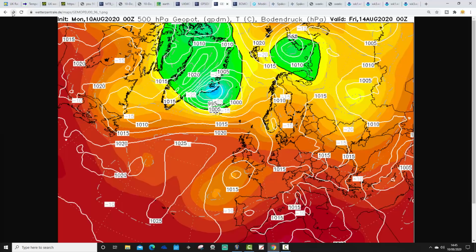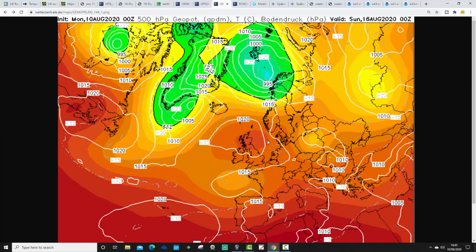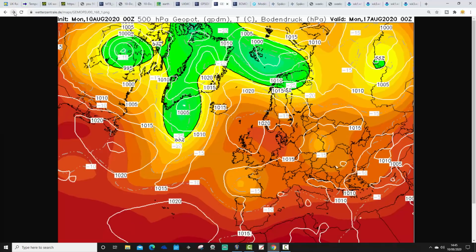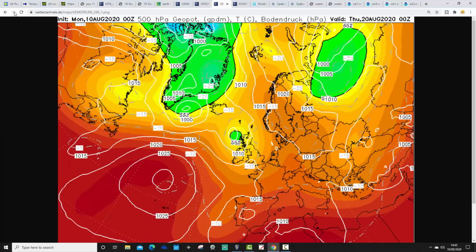That's been increasing the risk of storms, particularly to more southern parts of the country. Over the weekend, though, the GM is a little bit different. It builds high pressure back in from the northwest. So that's a mainly dry and settled and potentially very warm weekend that the GM is going for there. Eventually, by day 10, a breakdown is taking place as low pressure comes in off the Atlantic. That starts to definitively cool us down and also turn us more unsettled as well, with winds turning into the